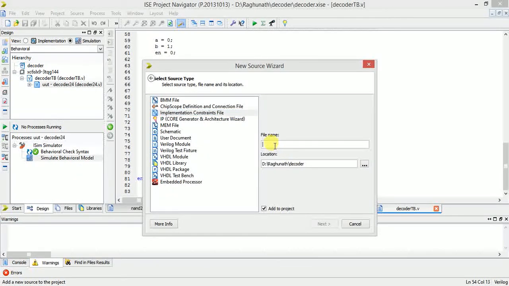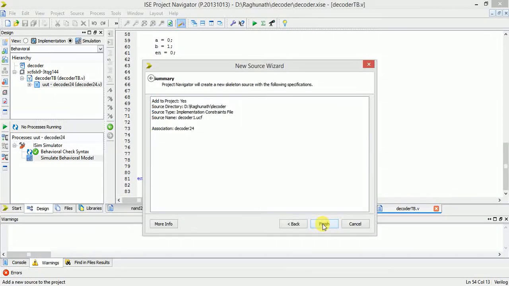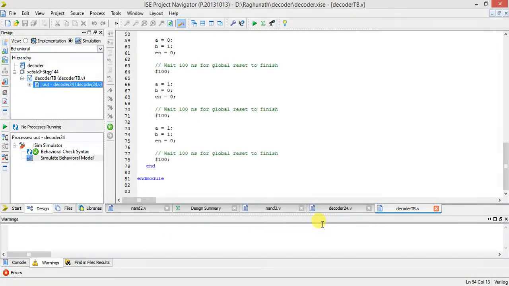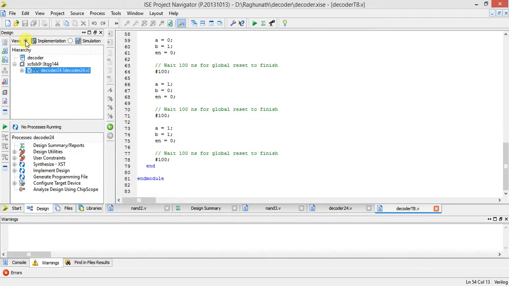So for the implementation file, you can write decoder 1 or something. This is a decoder file. It will give the extension as UCF file, user constraint file. So click next, finish. So for this you have to click actually implementation. Till now we are in the simulation tab.